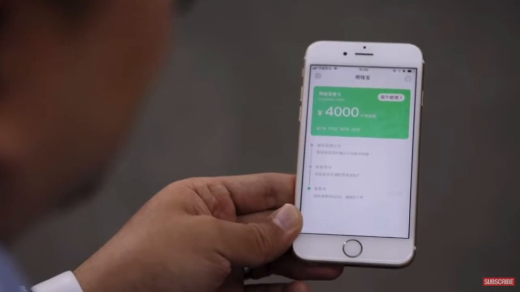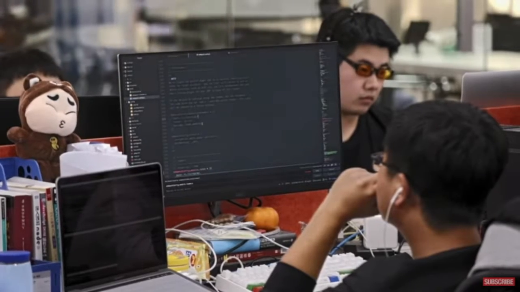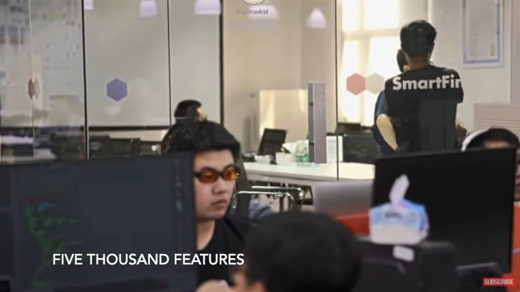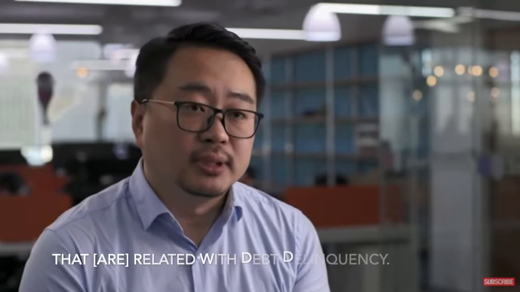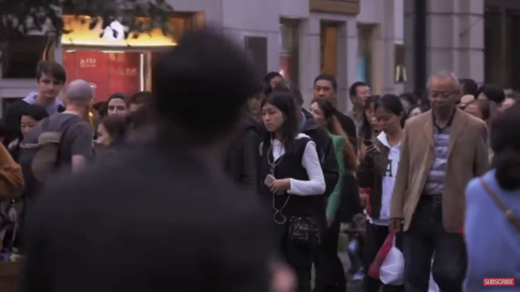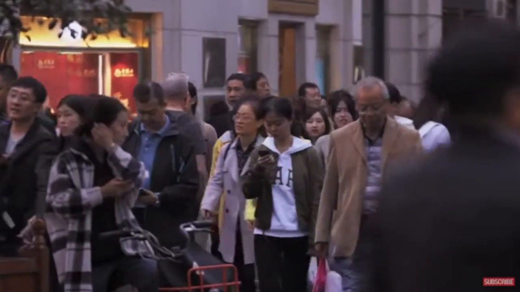In the 8 seconds, the algorithm has assessed 5,000 personal features from all your data. 12,000 features. That is related with the delinquency. When maybe the banks only use few, maybe 10 features when they are doing their risk management. Processing millions of transactions,